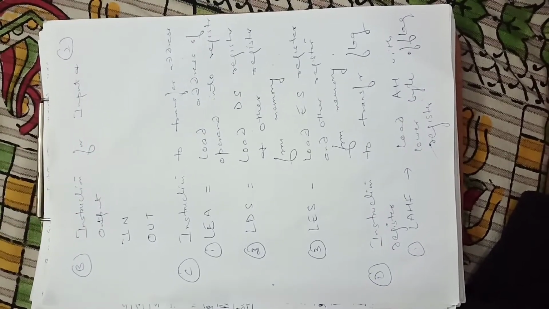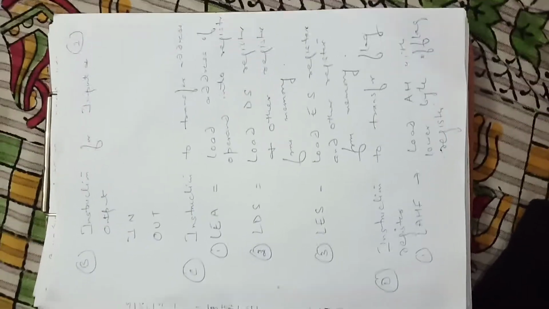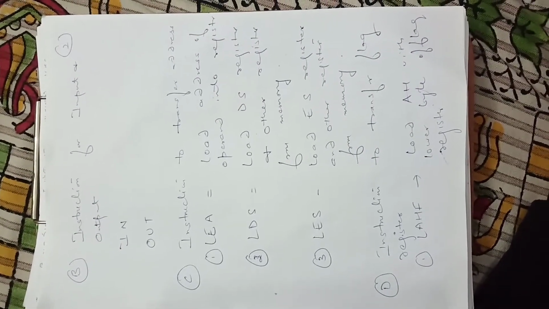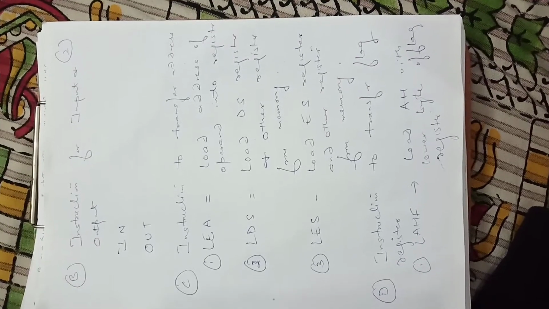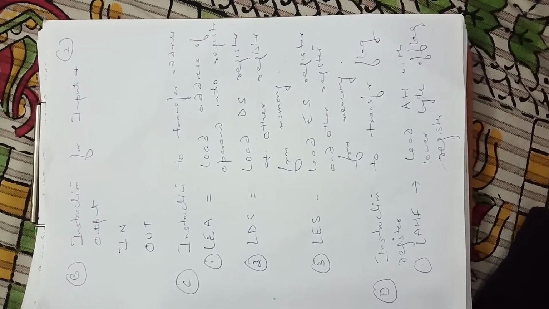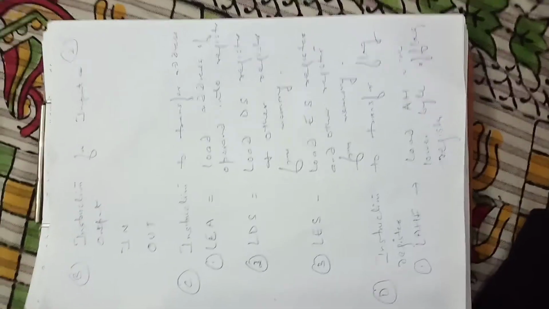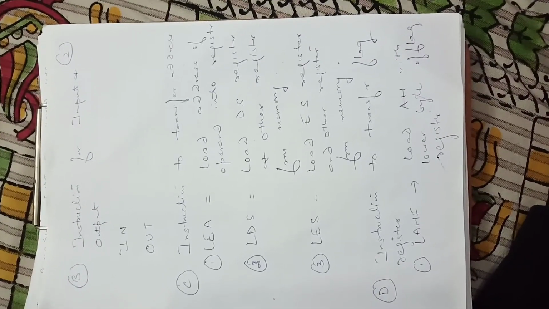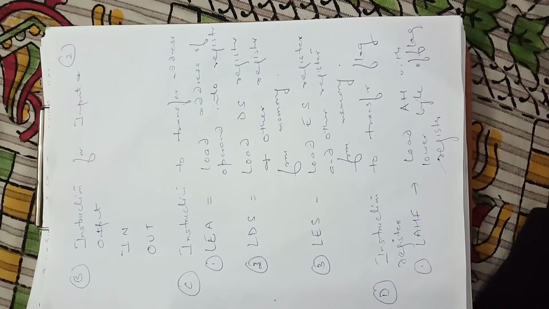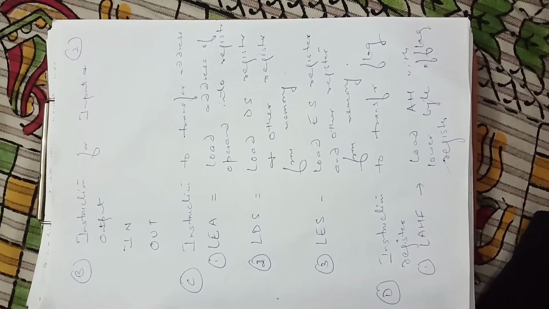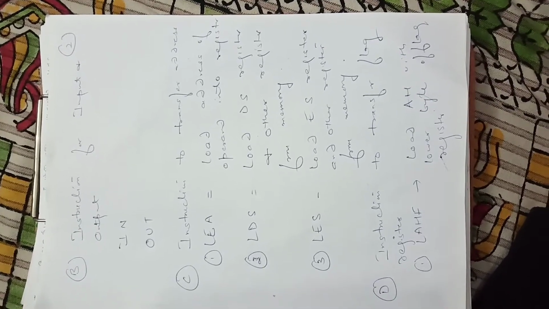Yes, there are specific instructions used in 8086, that is LEA, load effective address. This means we can load the address of an operand into a register. LDS, load the address of DS, that is very much known to you. What is the meaning of DS? The data segment register, into a register or memory. LES, load the address of the extra segment register into a register or a memory.